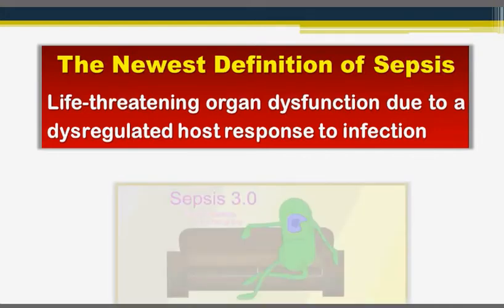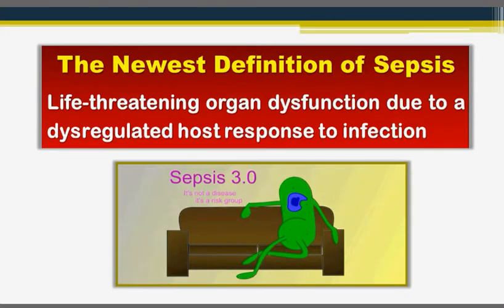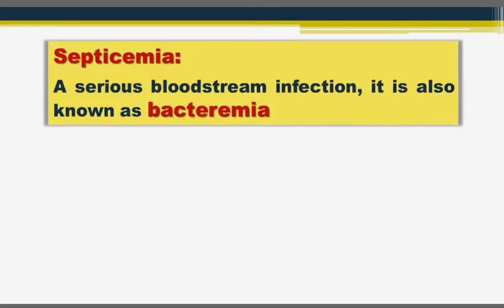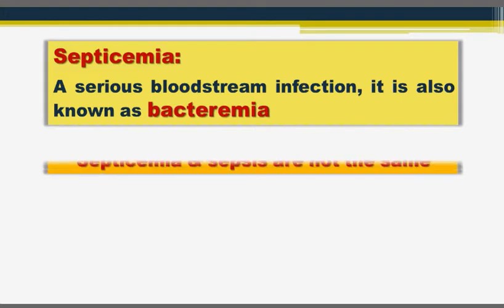So this is called the Sepsis 3, as I said. And according to this definition, sepsis is not a disease per se. It is a risk group of diseases. If we come to septicemia, I know you heard a lot about septicemia. Sometimes we can call it bacteremia. Septicemia is a serious bloodstream infection, so it is the presence of pathogens inside the bloodstream or inside the circulation. Septicemia and sepsis are not the same. We cannot use sepsis interchangeably with septicemia because sepsis is a serious